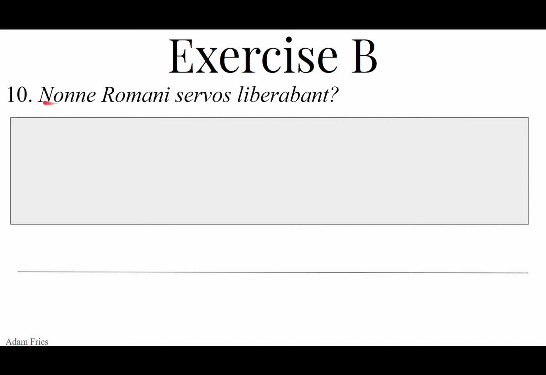So we need to know the tense of the verb before we can accurately translate it into English. Let's go to Romani. From Romanus, a, um, it's an adjective meaning Roman. Here it is the nominative plural masculine, Romans, the subject. So the Romans are doing something, right? Servos, from servus, i, masculine, meaning slave. It's accusative, plural, and masculine. The direct object, there's no preposition around. And then liberabant.